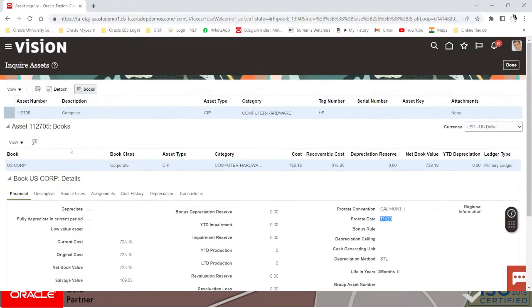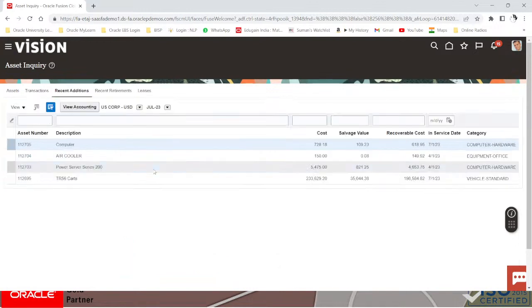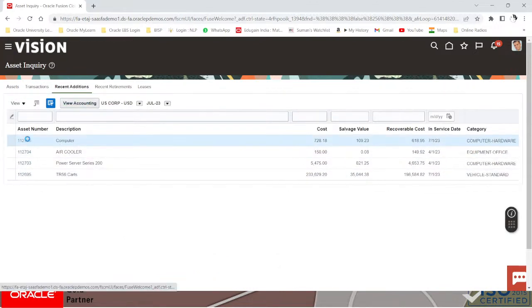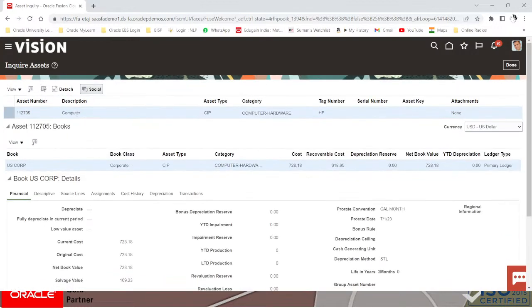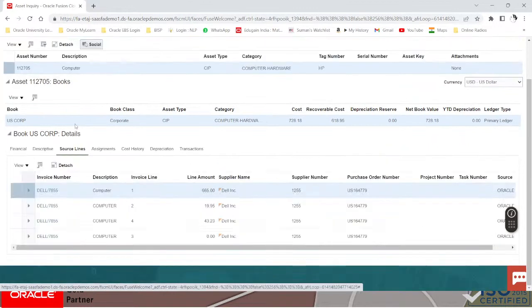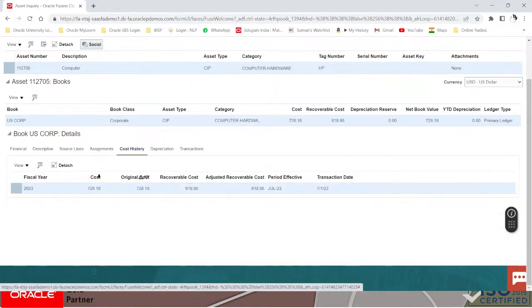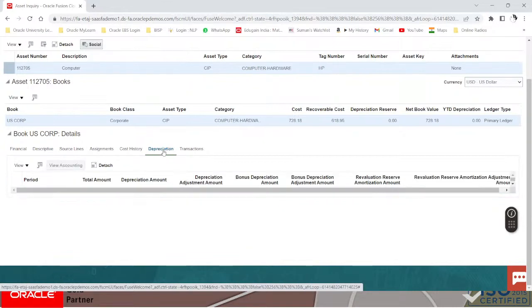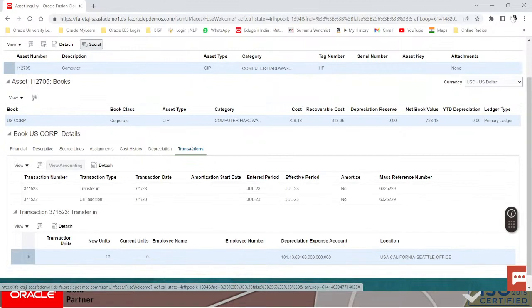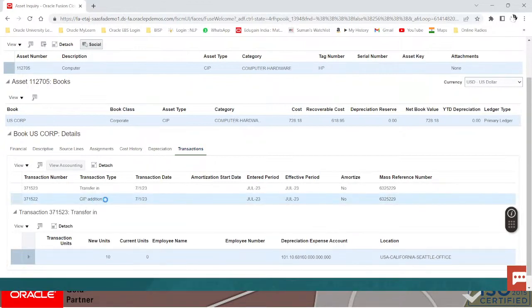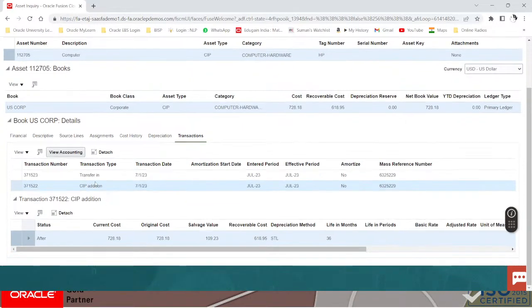And if I go, just hold on. If I go to the source line, you can see they are all coming from Oracle payables, right? So if I go to the cost history, and if I go to the depreciation, there will be no depreciation. We have not run the depreciation, right? So current period depreciation, we have not run it out. So go to the transaction, you can see the CIP addition, right? CIP has been added and transferred into my book,